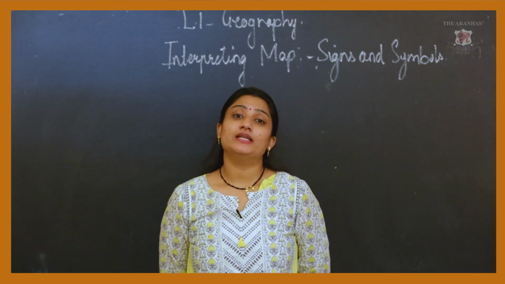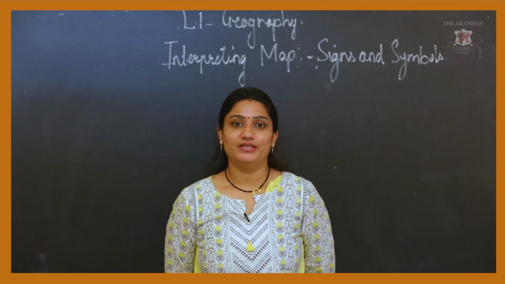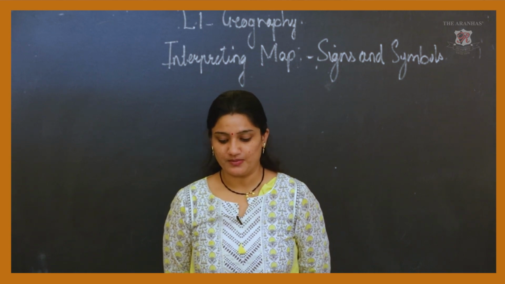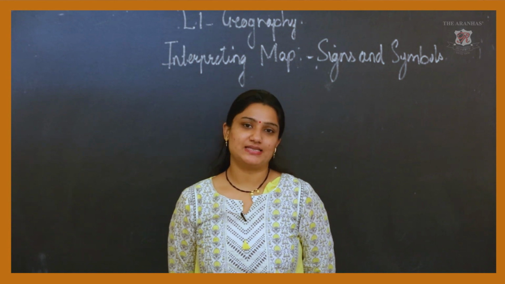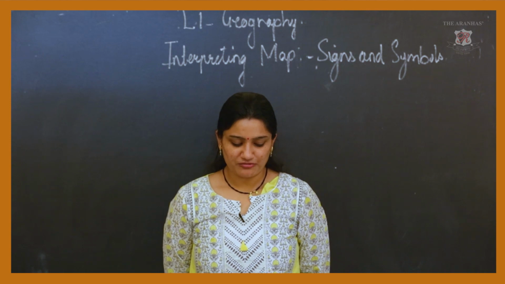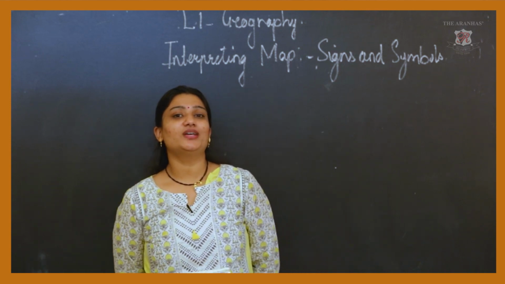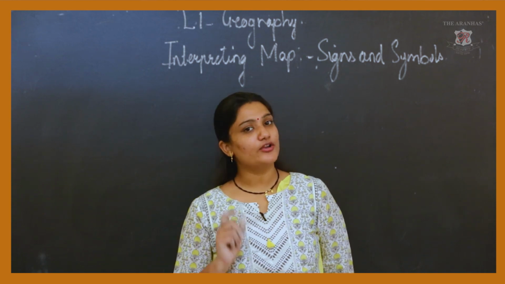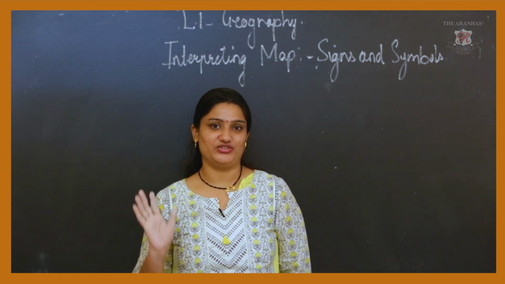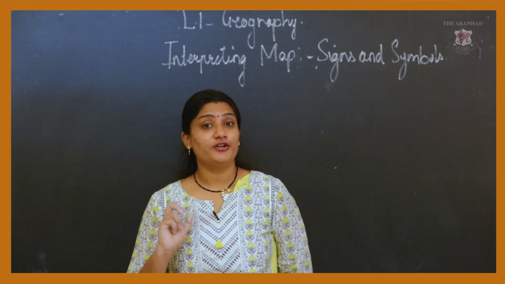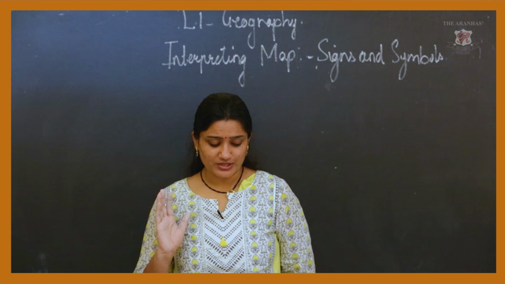Now in the last geography lecture we have learned about topographical maps and the different colors used in the map, the contour lines, elevation. Now let's get a quick revision. What are topographical maps? Topographical maps are those which give us a detailed record of man-made and natural features. Okay. Then we have learned about the different colors on the map.